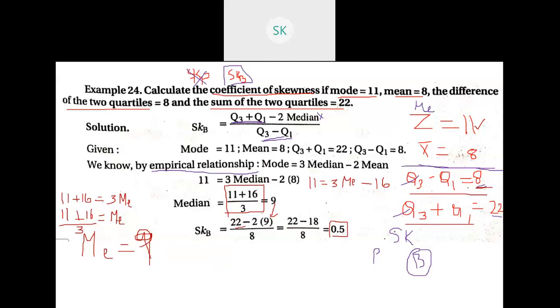You can get 6 marks and 14 marks questions. One compulsory 14 marks question will come from Karl Pearson's coefficient of skewness. From Bowley's also you can expect a 14 marks or 6 marks question, at least one will appear. Be careful in reading the question thoroughly, because statement problems are also asked in the examination. So you have to see what data is given and then decide which formula to apply, Karl Pearson's or Bowley's coefficient. Okay, I hope everybody understood this chapter completely.